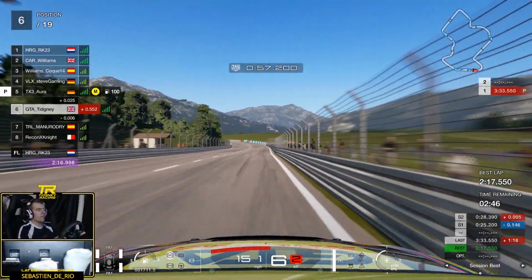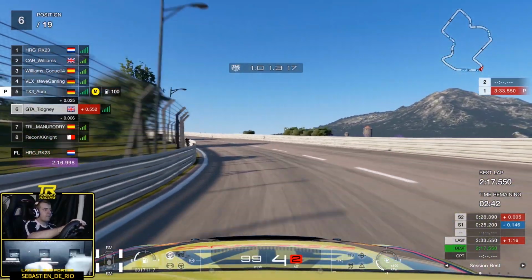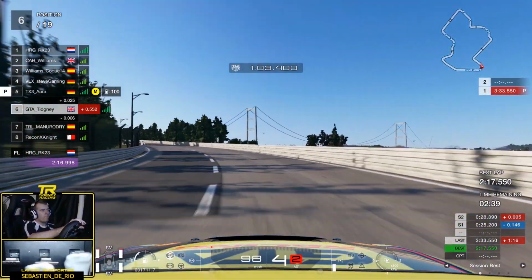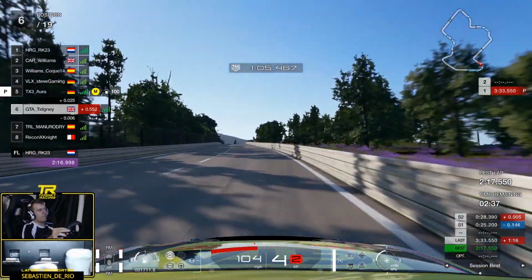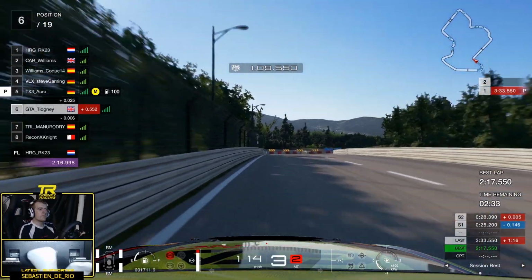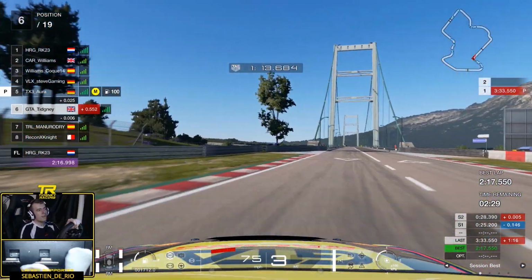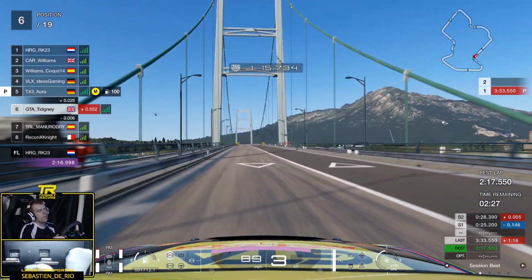You can see we're 1.5 tenths up on our best time at the moment, but that's still nowhere near the half a second we need to gain on Rick, who is currently in P1. As we accelerate through that corner we struggle a little bit in the TT, and we also struggle here as we come into this braking zone. I want to try and get it turned in as best as we can. You see the rear rotates a little bit there, allows us to accelerate quite early here,